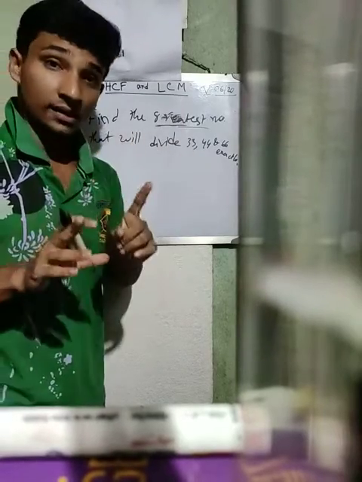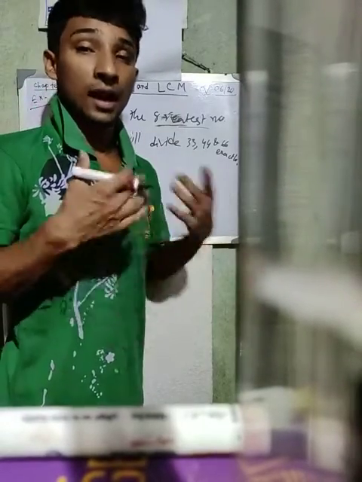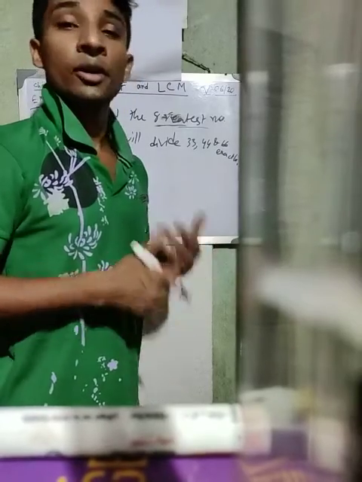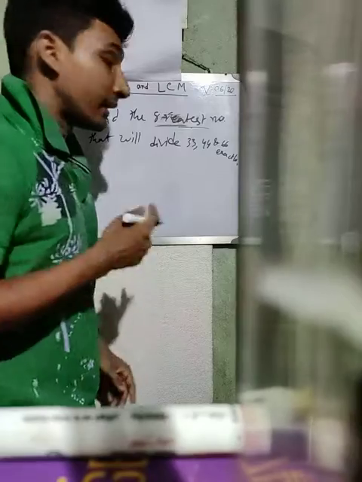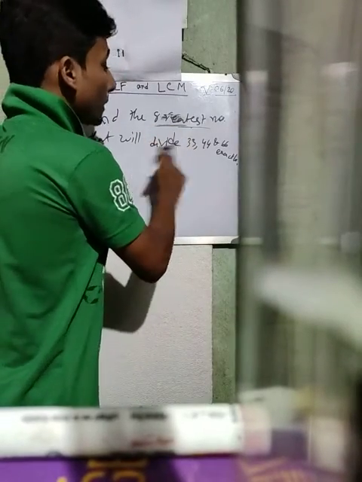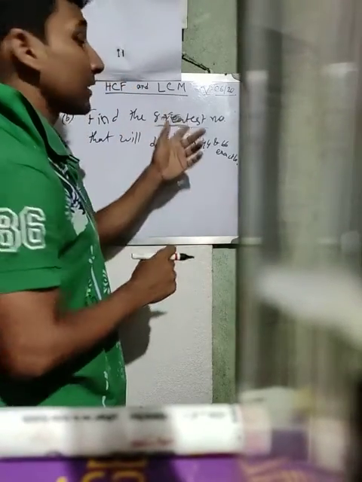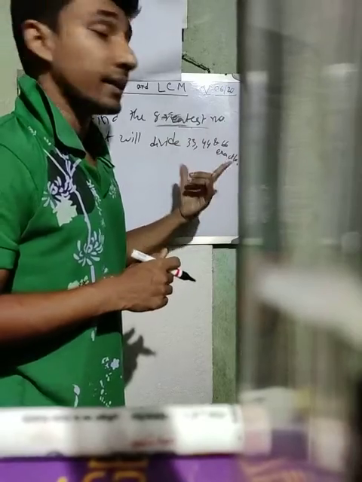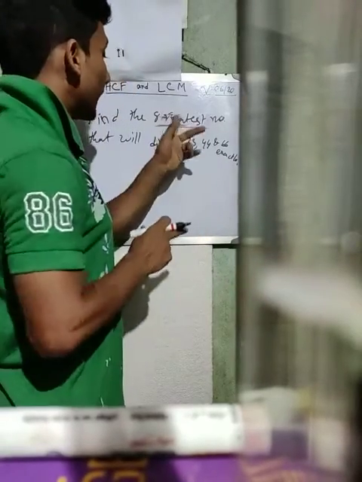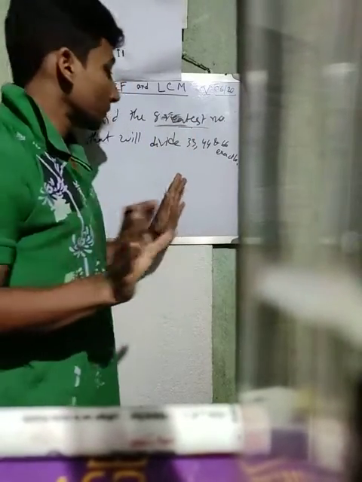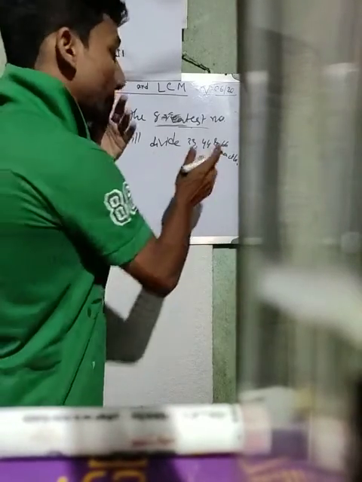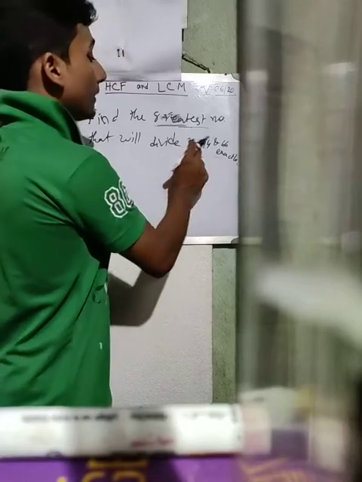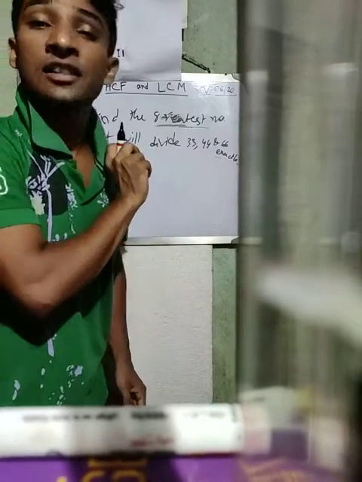Understand? I told you how you can realize you have to find HCF. At first, the number is greatest, then you are asked to divide these numbers. That means the number which you have to find is the divisor. So greatest divisor means HCF. Now you see, exactly. Divide this number exactly. That means there is no remainder.